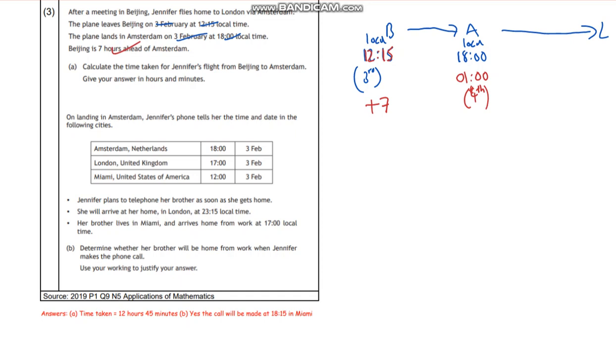Nice one. Calculate the time taken for Jennifer's flight from Beijing to Amsterdam. Give your answer in hours and minutes. Okay, so the first bit was putting into that time. So 12:15. If we add on 12 hours, so I'll do this in green. In fact, I'll add on 45 minutes. That's what I'll do. Plus 45 minutes takes me to